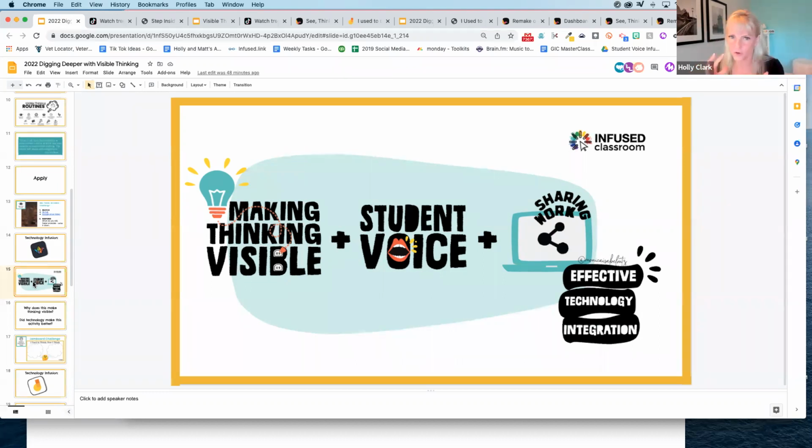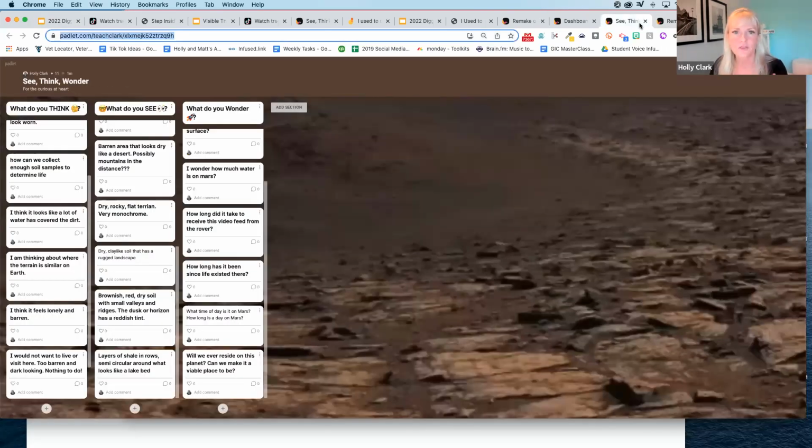And then when you allow students to share work the way that we have on that Padlet, some kids who are kind of still confused can watch other kids' responses come in and be like, oh, that's a good way. Or you might have your response up and then compare it with some other student's response, and say, oh yeah, I hadn't thought of that. I didn't think it was dark. I didn't think it was barren. That's a good word. I'm going to try and use that word next time. All of this metacognition is happening that simply did not happen in analog.